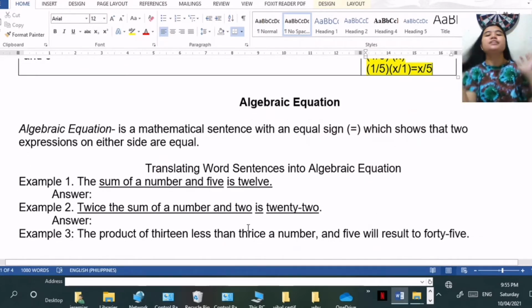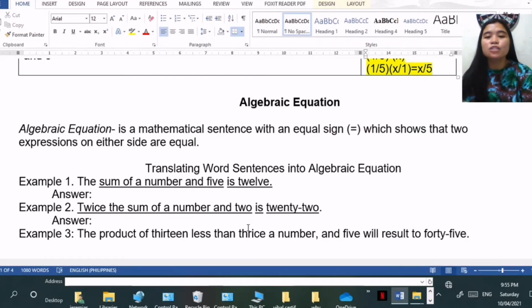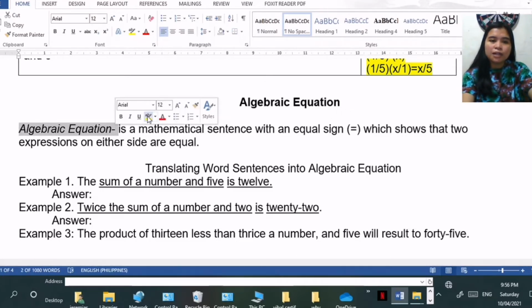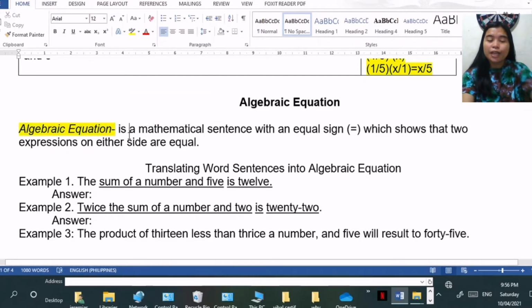Now, we are done with algebraic expression. Now, dito na tayo sa algebraic equation. So, anong pagkakaiba ng equation sa expression? Okay. So, dito na tayo sa algebraic equation. Sabi dito, yung algebraic equation, okay, highlight ko lang. Algebraic equation is a mathematical sentence with an equal sign which shows the two expressions on either side